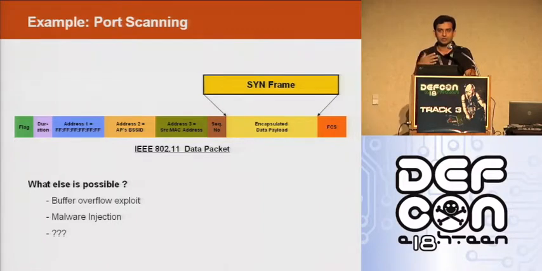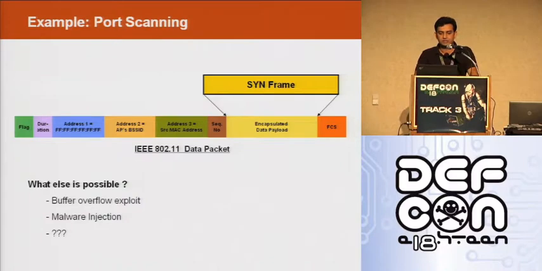If I know that this payload is going to cause some buffer overflow, then I can inject that packet. Right? I can also inject malware. So a frame is available in which the attacker can encapsulate a payload of his choice and cause serious damage to other Wi-Fi users. This is the second example of a GTK exploit.